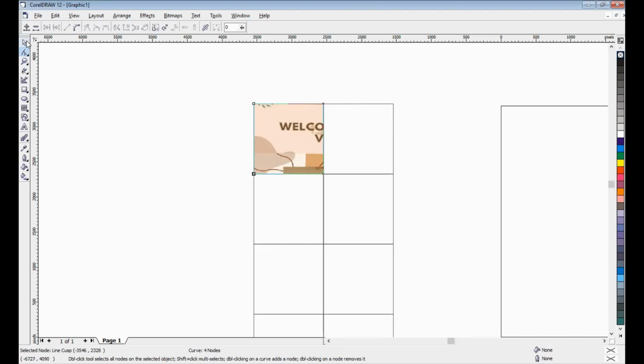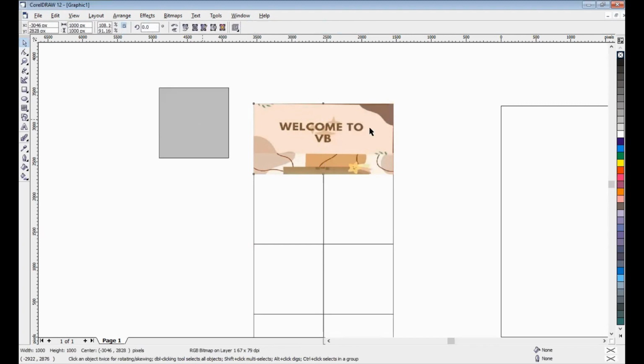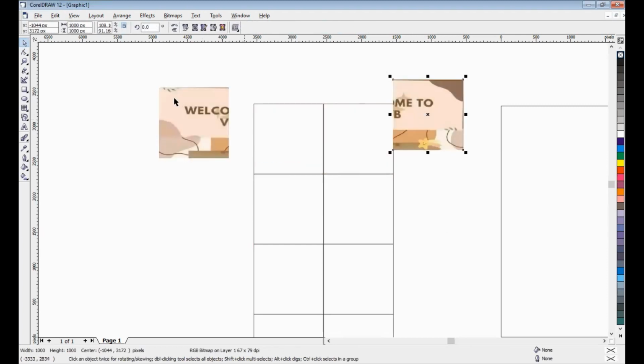Yeah, okay, we have one, and then we can copy and then paste. Yeah, and take the shape tool and move here and move here. That's it. Now we have two objects divided.